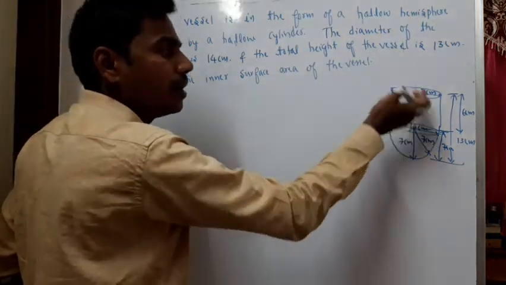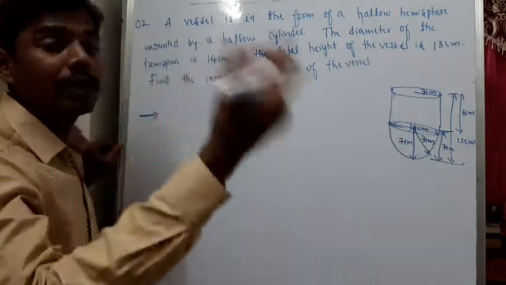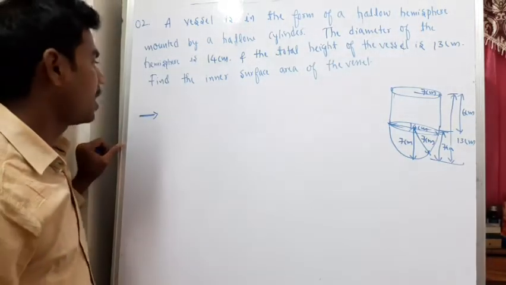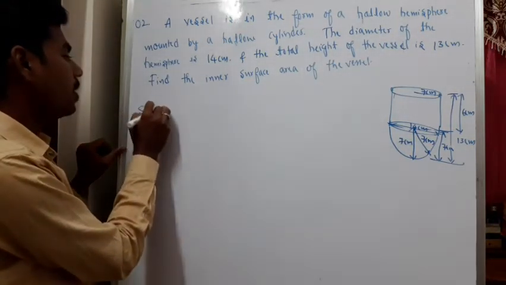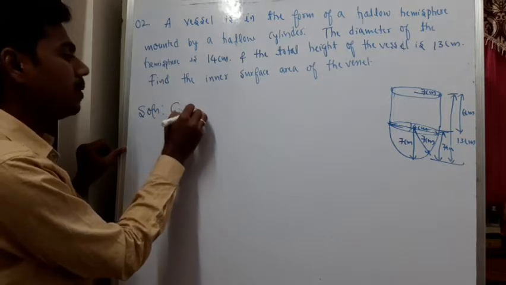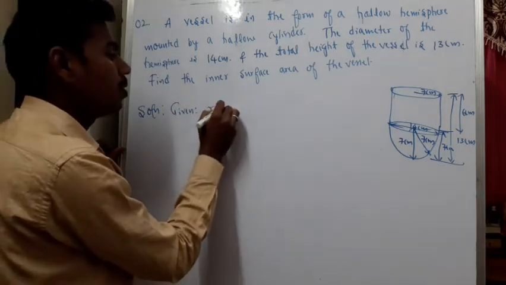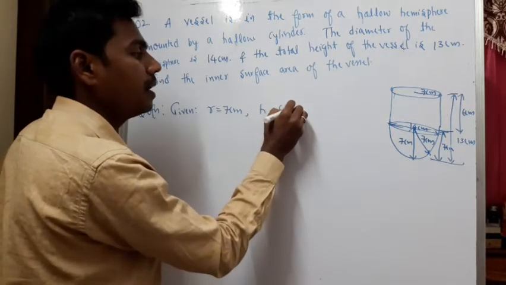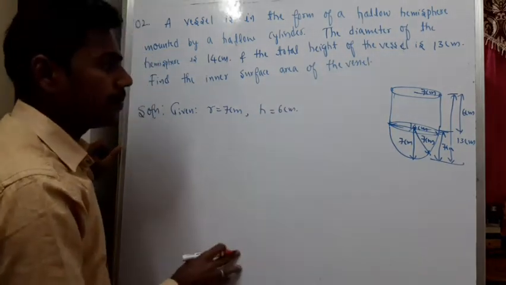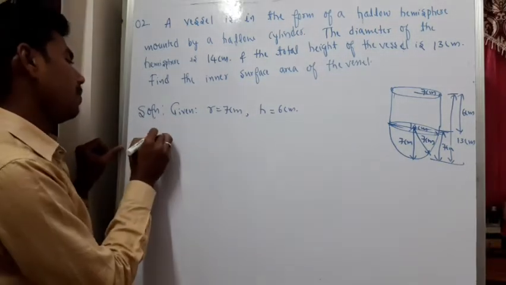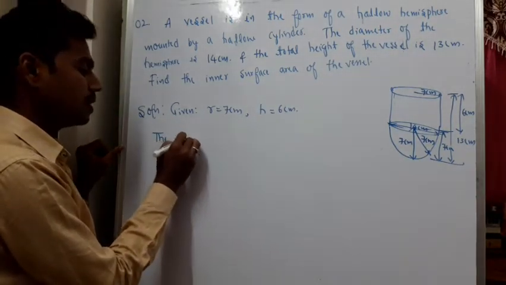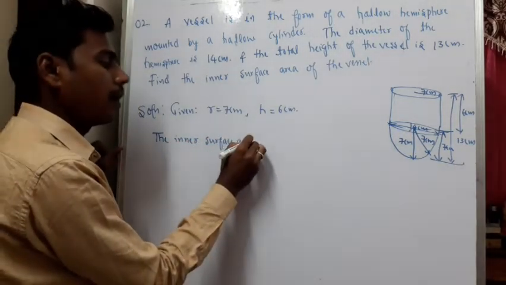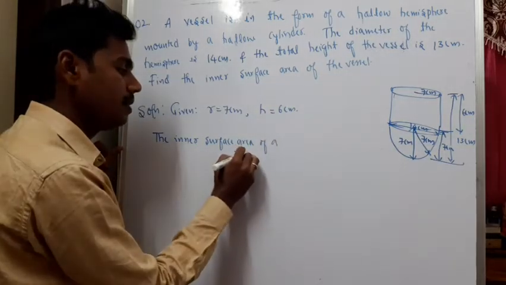So if one of the face is closed, we could have considered that particular area. But since it is hollow, we are going to make use of curved surface area. So now we'll write down the given data. What is given to us? It is given radius is equal to 7 centimeter. So height of the cylinder is equal to 6 centimeter. Fine. That's it. So what we need to find? The inner surface area of a vessel